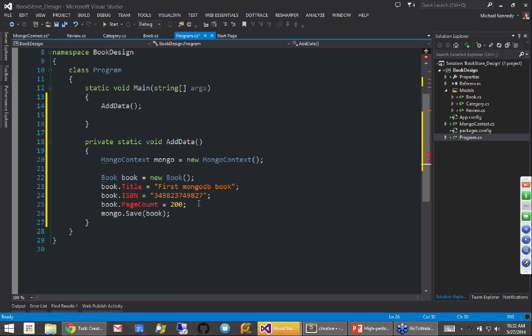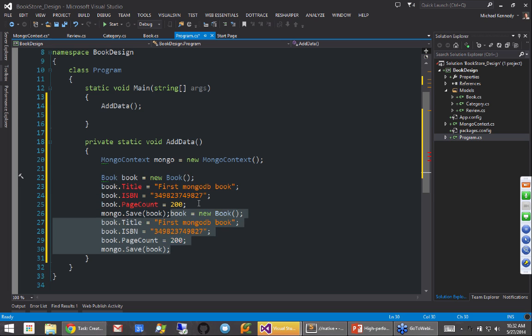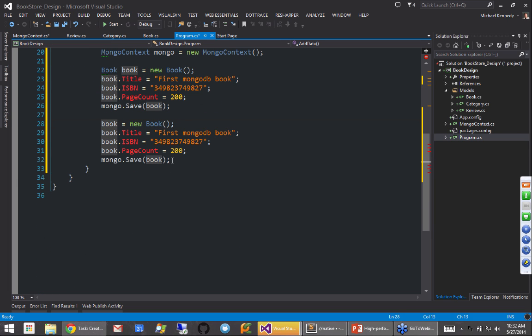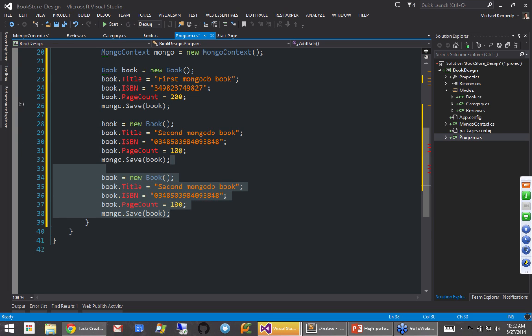Book. Let's do one more here, just so we have two books, maybe two or three. Say second, and here, new ISBN. Maybe this one is the shorter version, 100 pages. And then here, this could be C# book or something. Right, new ISBN. This is 300 pages. Okay, so let's create these fields really quick, just using Control period in Visual Studio.